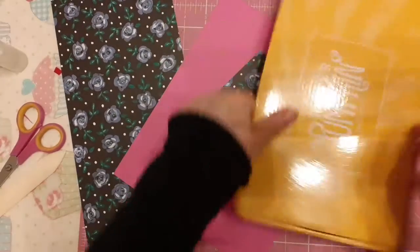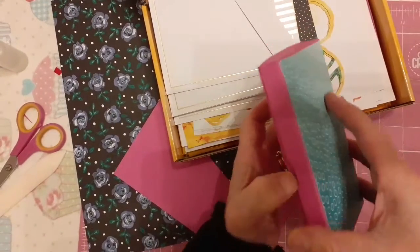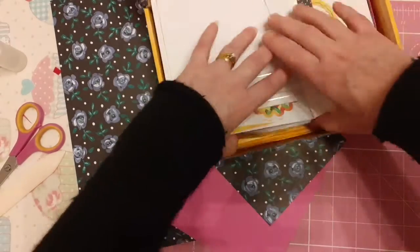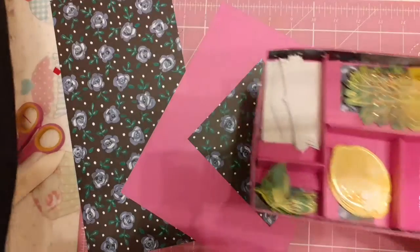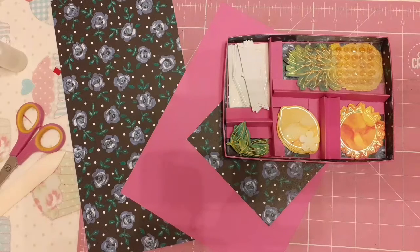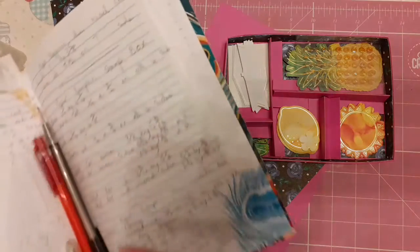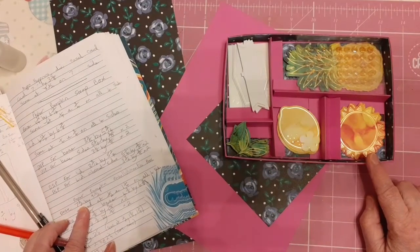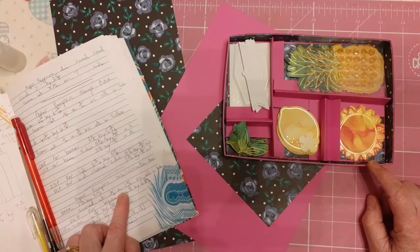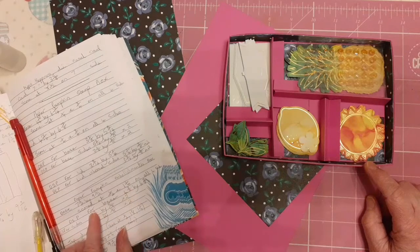So what I've started, I made a box for the actual stamp set to fit in, and now I want to make a box for the embellishments. Now I've started because it's exactly the same as I have showed you how to make the box, and I will just give you the measurements of the base. So the base measures 7.5 by 9.5, and you score that at half and 1.25 on all four sides, and